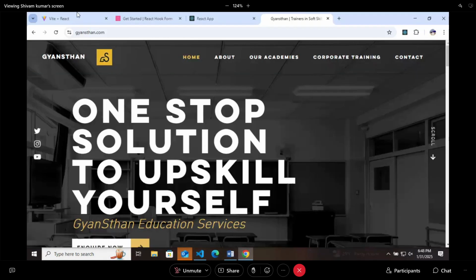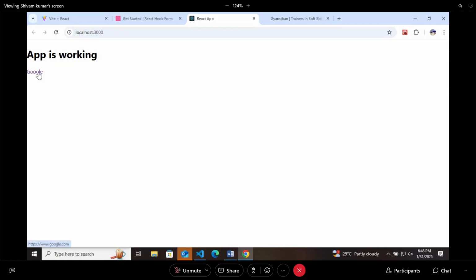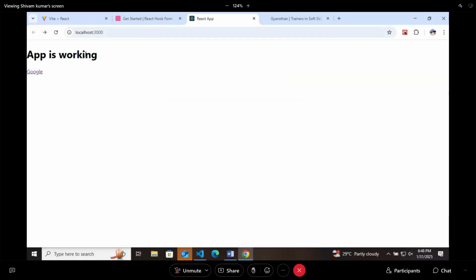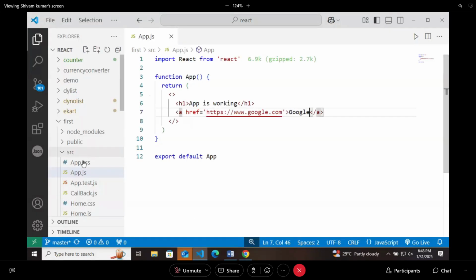So you will see that Google is coming, and if you're clicking on this, of course, you are going to Google. If you want to go to a page which is available in your directory, for that in app, in src